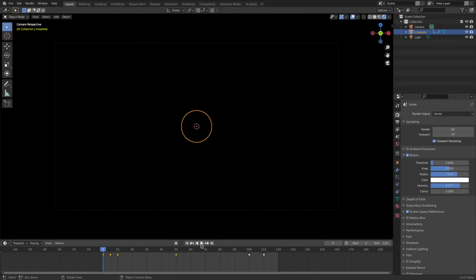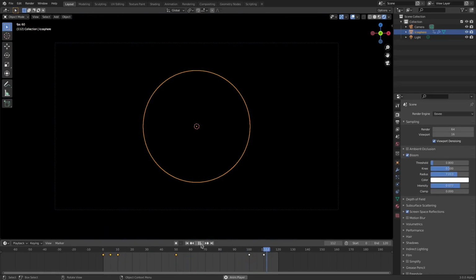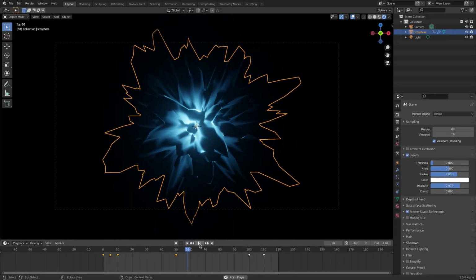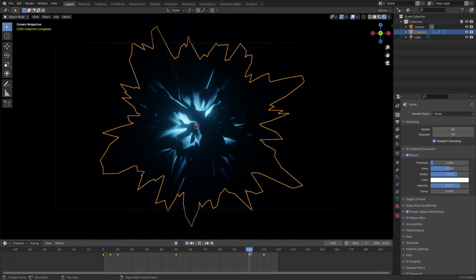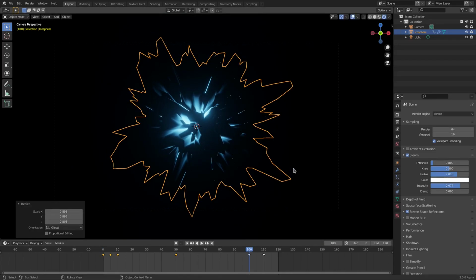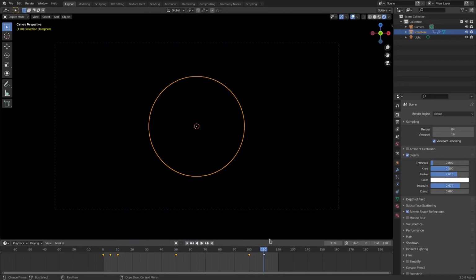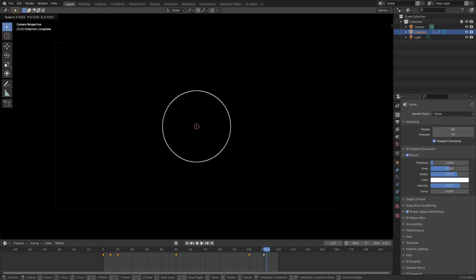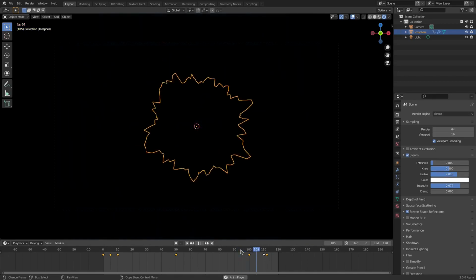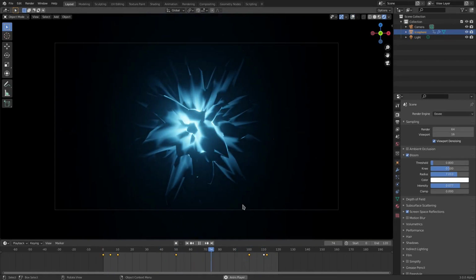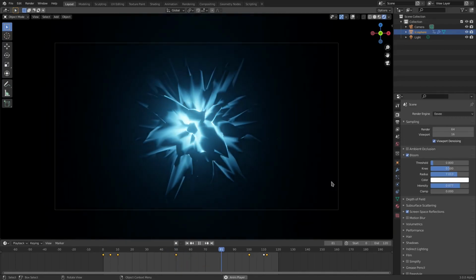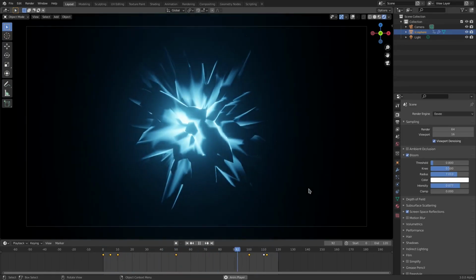I scale. Yeah. Okay. And then on frame 100, it maybe goes back down a little bit. Hit I, scale. And then on frame 112, it just scales down a lot. So we have this now. Yeah, you can definitely see that scaling up now a little bit, which looks really, really cool.